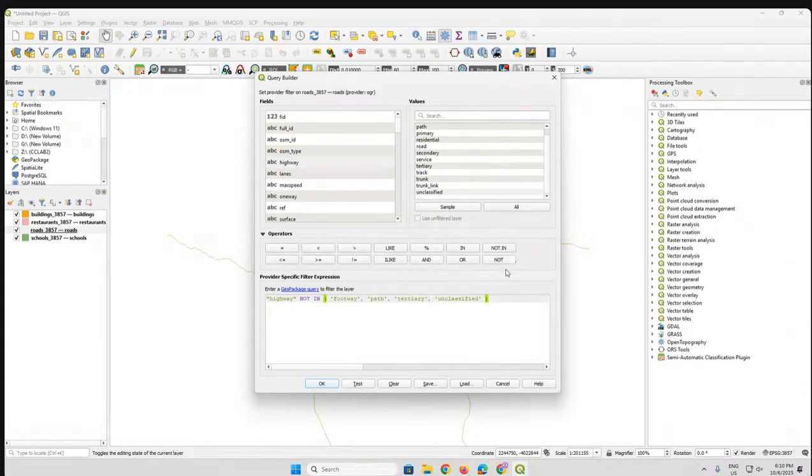Okay? So I'm taking these 4 options: footway, path, tertiary, and unclassified. Additionally, we have to ensure that roads whose classification has not been filled in are also rejected. Most of them are useless, right? Basically, nobody bothered to find out the classification. So we should also write and